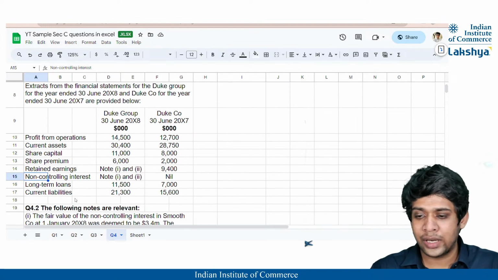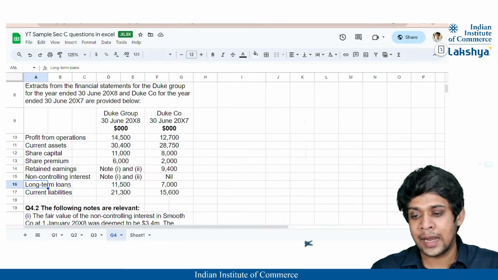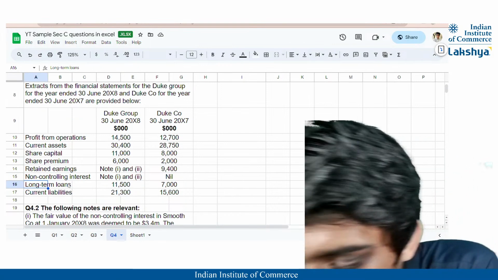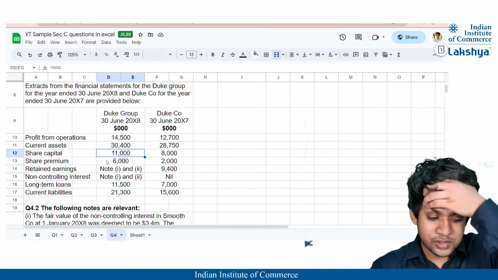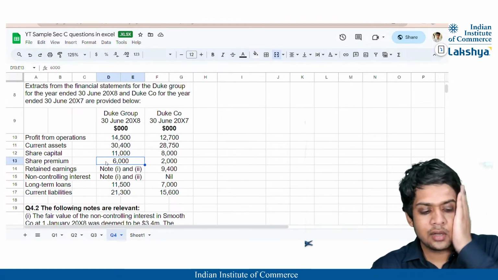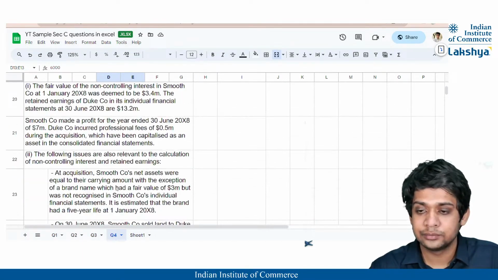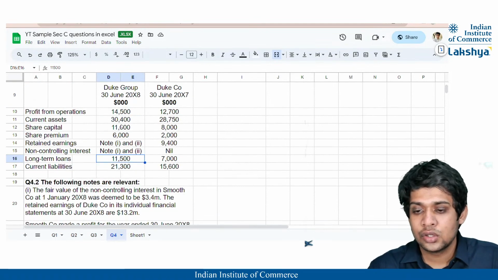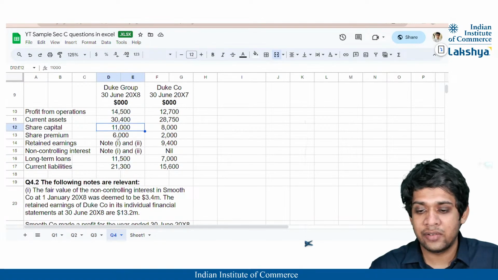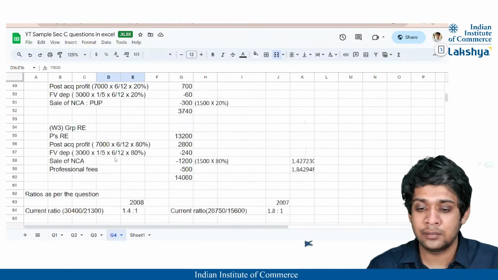यहाँ पे तो हम लोग को पूरे असेट्स नहीं दिए हुए, तो हम लोग को लॉन्ग टर्म लोन्स और अपना शेयर कैपिटल और ये सब दिया हुआ है, तो हम लोग वही ले लेते हैं, राइट? सो शेयर कैपिटल ऑफ 11,000 प्लस शेयर प्रीमियम ऑफ 6,000, करेक्ट? फिर लॉन्ग टर्म लोन्स है 11,500, राइट? सो 11,000, 6,000 प्लस 11,500 प्लस नॉन कंट्रोलिंग इंटरेस्ट और रिटेन्ड अर्निंग्स भी हमारा इक्विटी है।